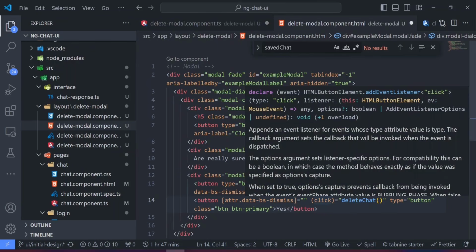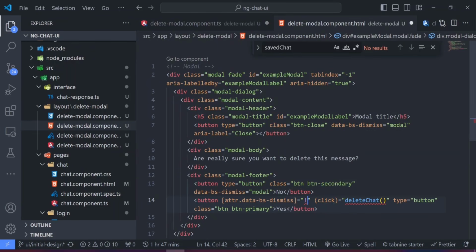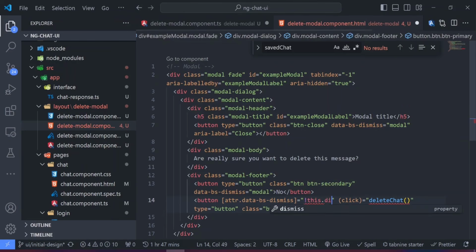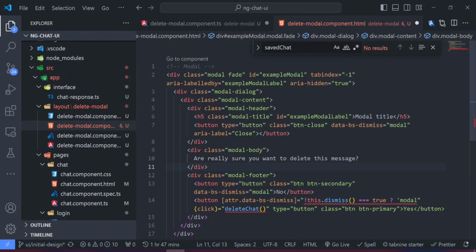To do that, all we need to do is to say if not this.dismiss, don't forget to make use of your parenthesis, is equals to true. We want it to return the modal class, because remember in the data-bs-dismiss, it's by default calling this particular modal class. So we want to conditionally render the modal class. If the user clicks on yes and the request is successful, we want the modal to show, else we pass